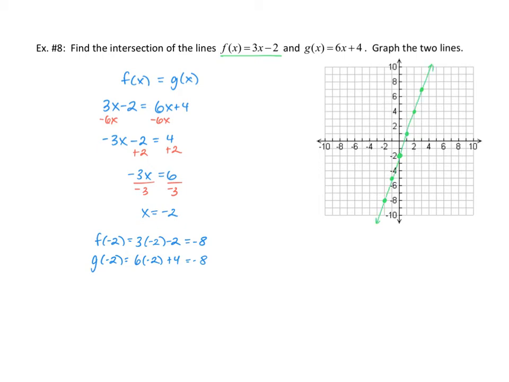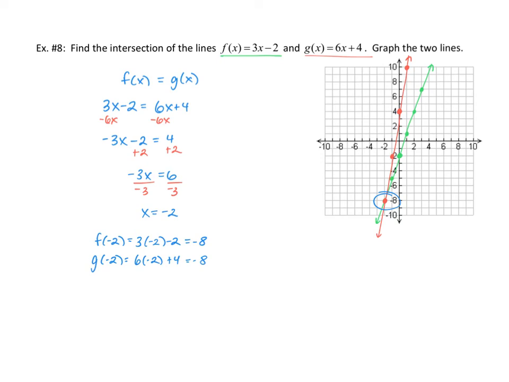For our line, g of x equals 6x plus 4, the 4 this time is telling us about our y-intercept. This one has a slope of positive 6. So a slope of positive 6 goes up 6 units and then right 1 unit. So to get additional points, we could also go down 6 units and left 1 unit. And if we were to draw a straight line through those points,